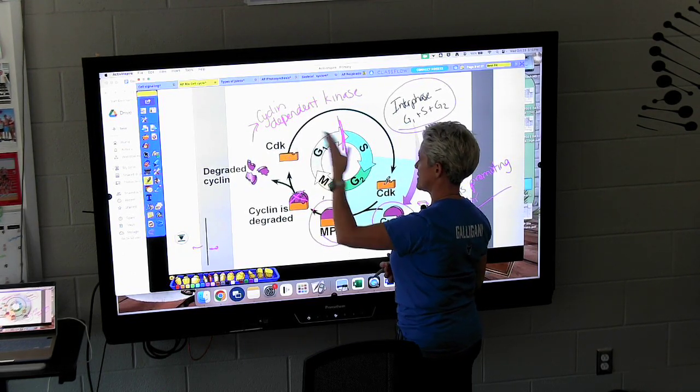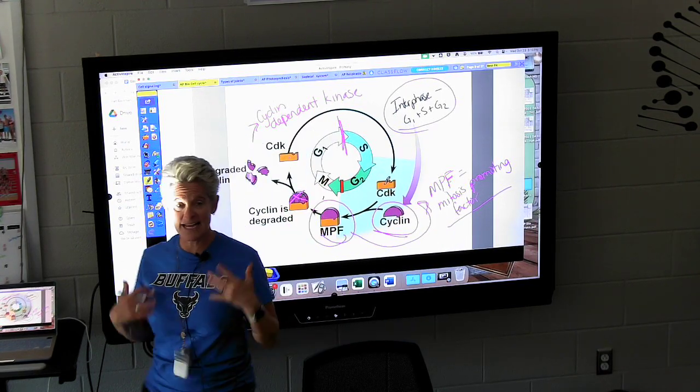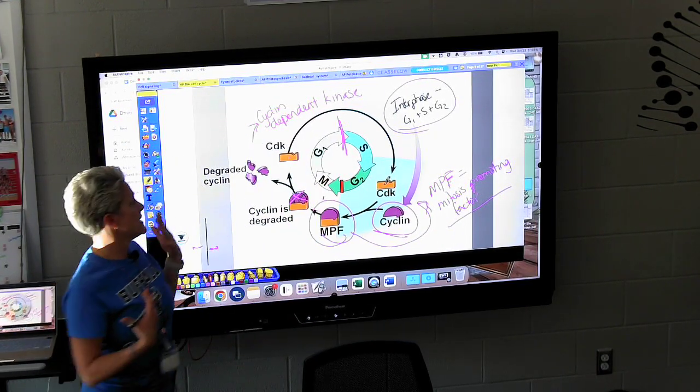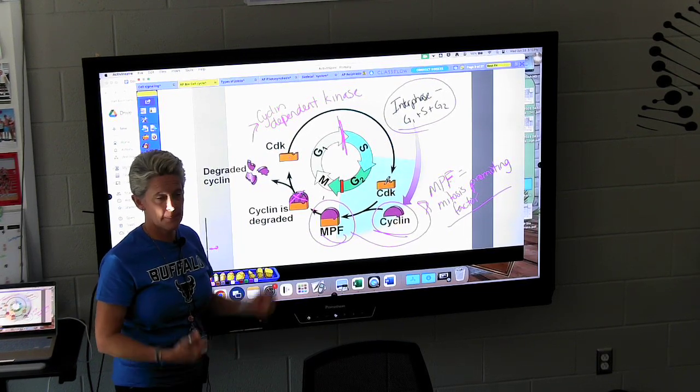And then when a new cell is ready, the cyclin will be added and it will signal mitosis. So here's a signal that tells a cell, yes, we're good to divide. Okay, now,